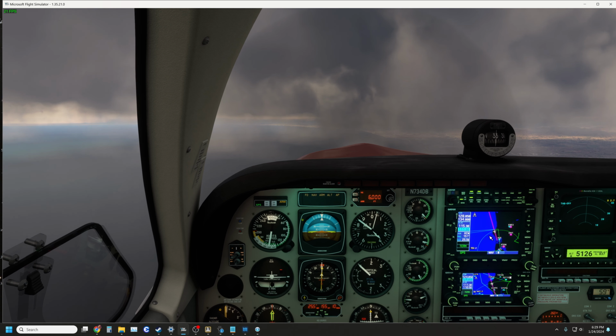542 at surface, correction at Seaview, cleared the ILS runway 25 left approach, verify you have ATIS